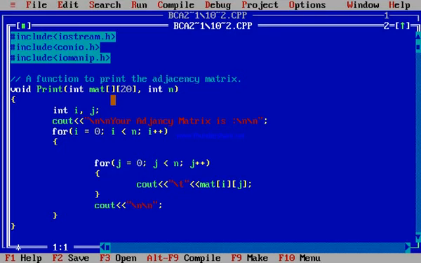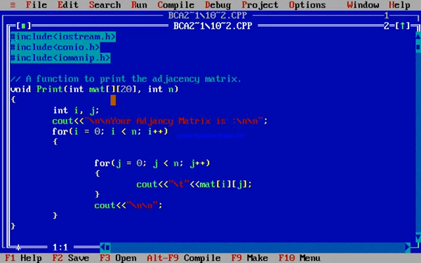That means if we have 4 nodes named A, B, C, D, and if there is an edge present between A to B, then we should put 1 there. If there is an edge between A to C, then also we should put 1 there. And if there is no edge between A to D, then we should put 0 there.